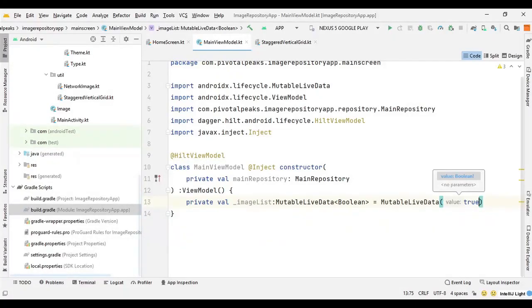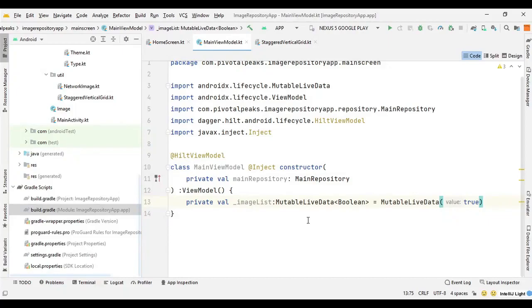So mutable live data is a class and it extends the live data type class. It provides the post value, set value methods publicly, something that live data class does not provide. Live data or mutable live data is commonly used in updating data in a recycler view, or in our case lazy column, from a collection of list type. Lazy column is the new recycler view in Jetpack Compose, and it is much easier and sophisticated compared to recycler view. Also very easy to implement.